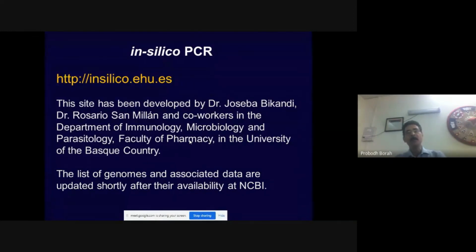So for testing the specificity of primer sequences against certain bacterial genes, this platform is very, very suitable because all the different genome sequences of bacteria are already embedded in the database. So you can go for sensitivity and specificity testing of the designed primer sequences by going into that. It will be more clear to you when we discuss it practically, when we will show you.